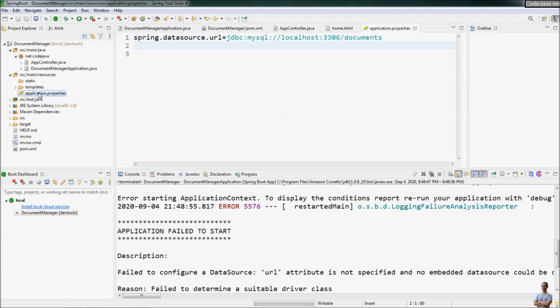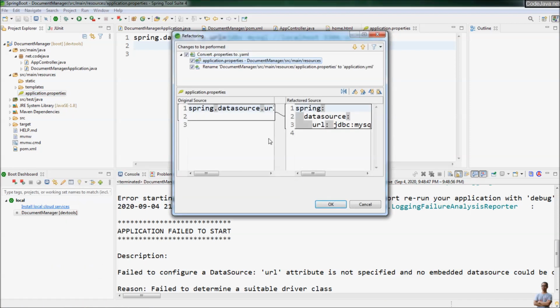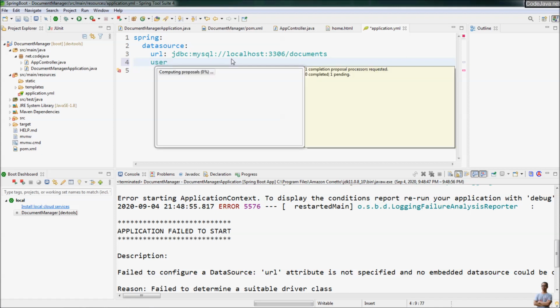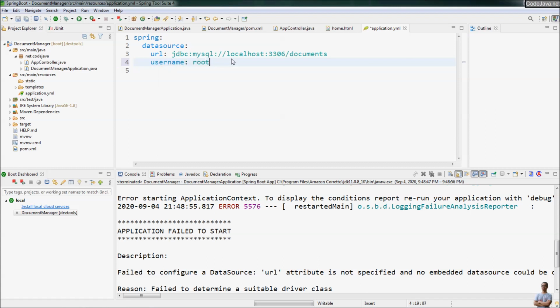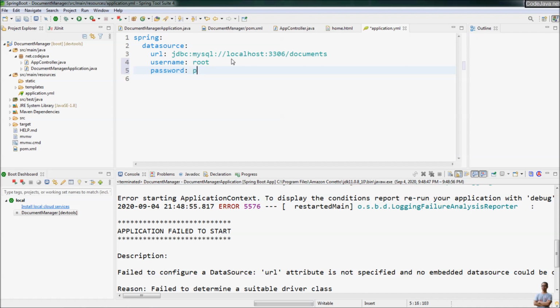I want to use a YAML file, so convert properties to YAML here, so it will look better, you see. And then I need to specify the username. Database username is root, password is password,